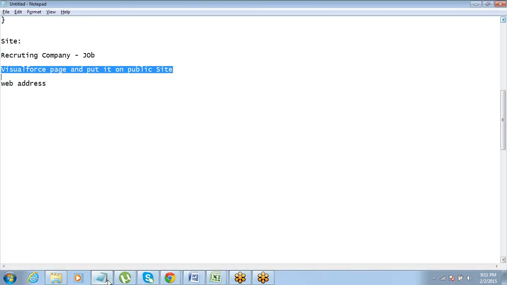So Visual Force page can be created. That is not a problem. The question that we are thinking about is where do we put that? What address? It has to have a valid address, right? So that people can click on that address or type that address and reach that Visual Force page. So that web address will be supplied by Salesforce. So Salesforce by default gives you that web address.